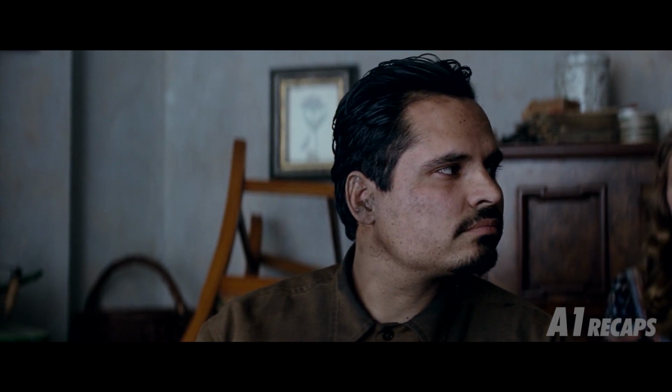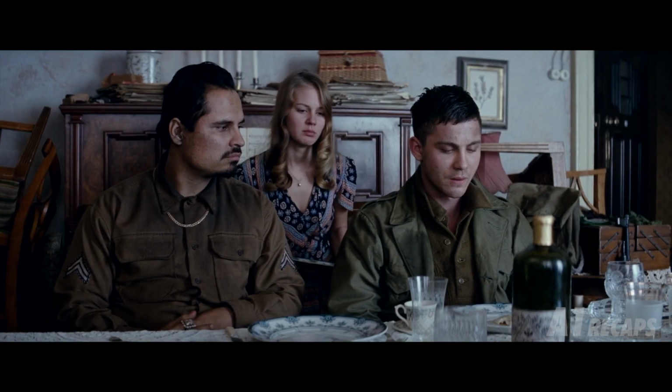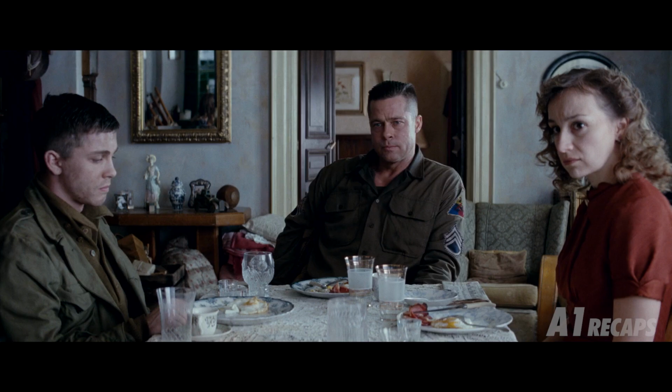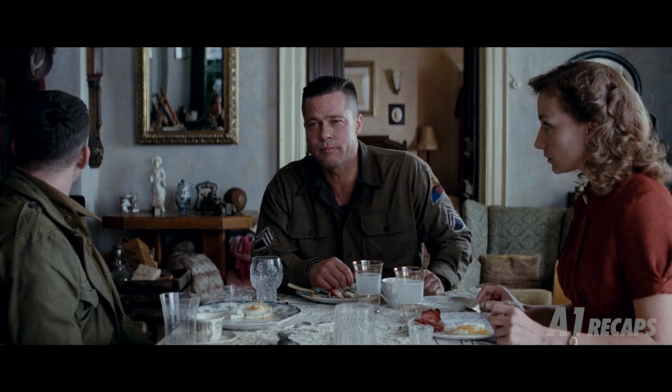Gordo starts telling an old story where the crew participated in a battle where they killed many enemies and injured many horses. They decided to put the horses out of their misery and spent entire days killing them. Gordo goes into great detail about this process in order to illustrate the hardships this crew has gone through. His point is that Norman was not with them back then, but he is enjoying many benefits while they are not. Don loses his patience and puts his men into their places, but this meal is not meant to be